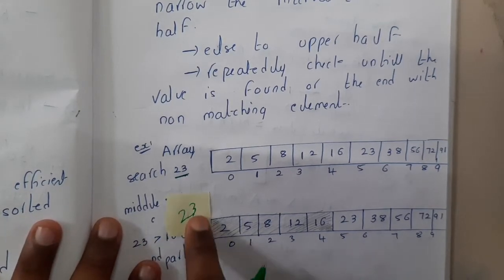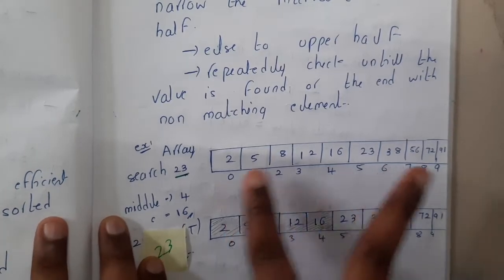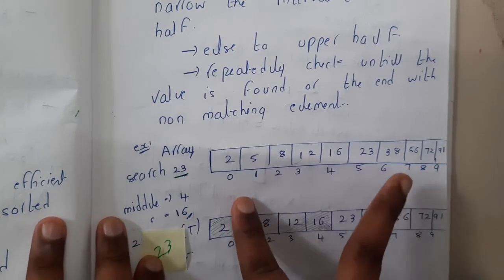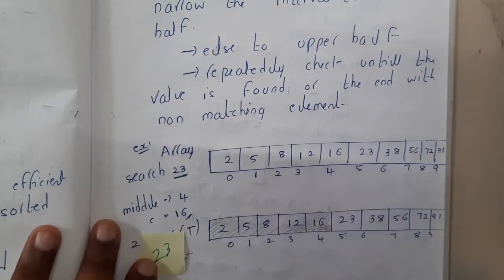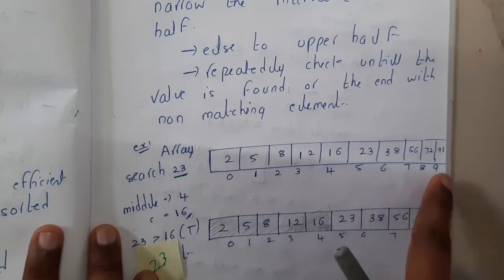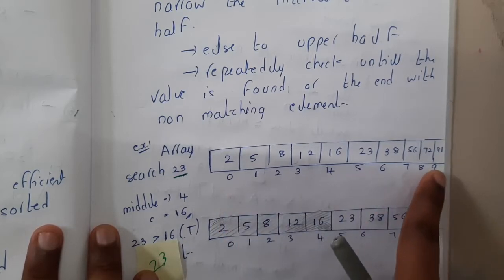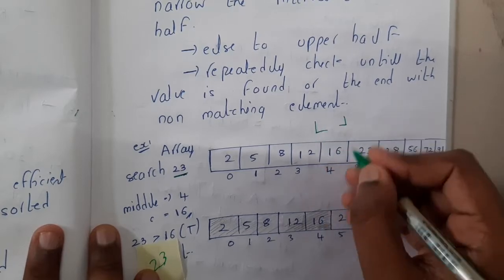So what it will do is, instead of checking one by one, it will do (0 + 1) by 2. So what is the value, guys? It is nothing but adding the starting index with the last index, divided by 2. So it is finding the exact center position. So what will be the result? It is nothing but (0 + 9) by 2, that is around 4.5. Okay, so let us take the lower bound only. So it will be 4, right?